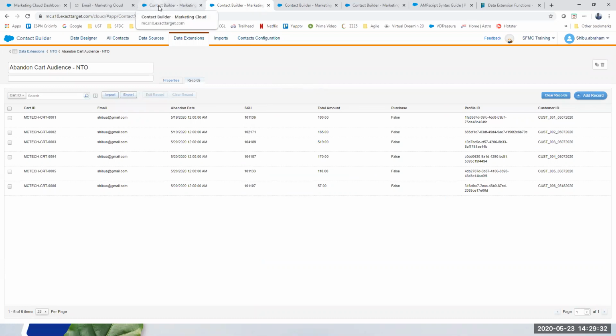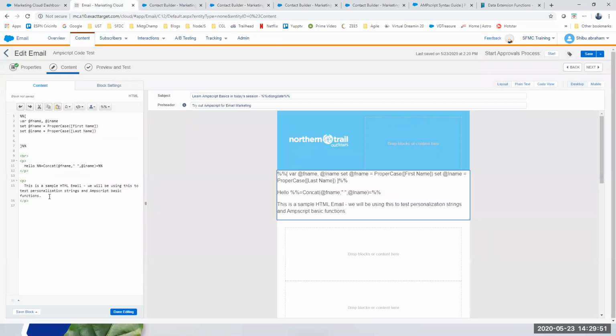I have a customer ID here as well, so I know how to match. The where clause will be: where the particular customer is this value. If I'm right now in the context of that customer, show me his particular SKU value. That is what we are going to try and retrieve. So for that, we first will need to write AMPscript here.